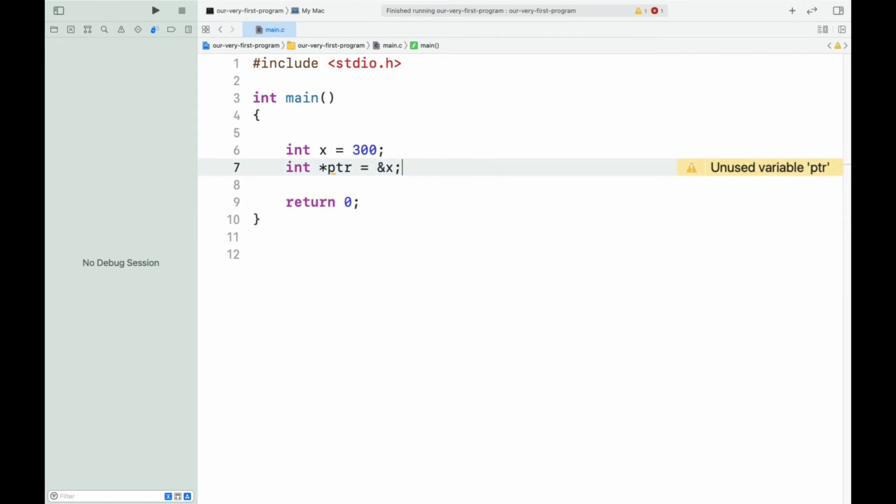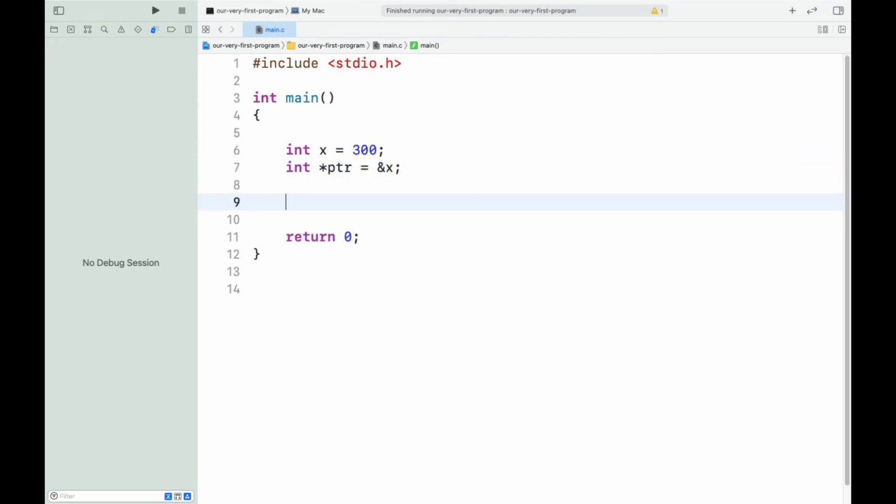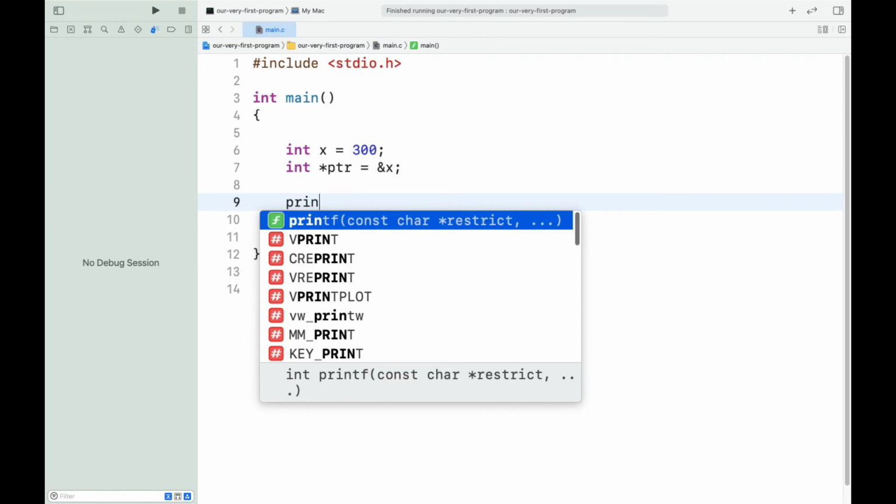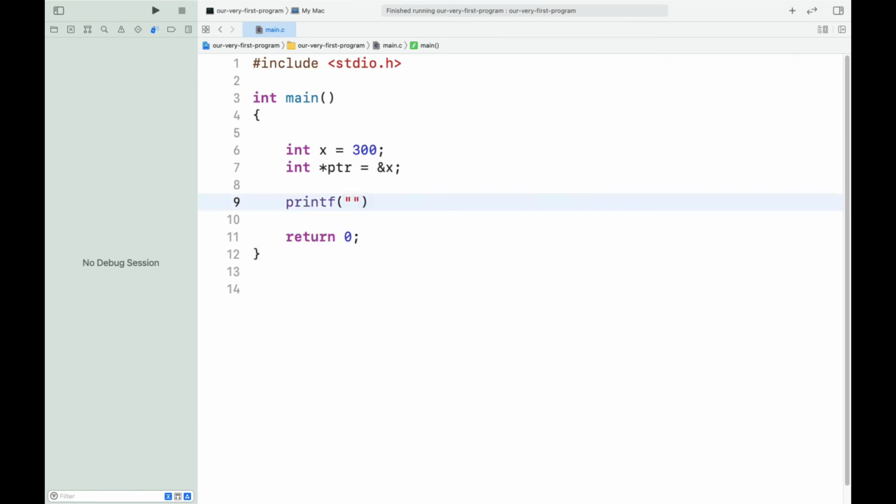Now you can see in here I'm going to print out the value of ptr, and I'm going to print out the address of x. For that I have %p for address, then a next line and then %p again.